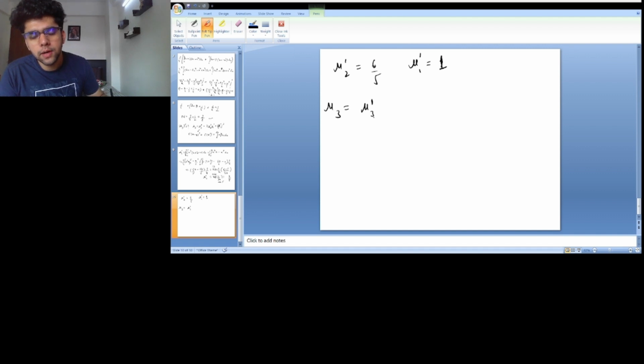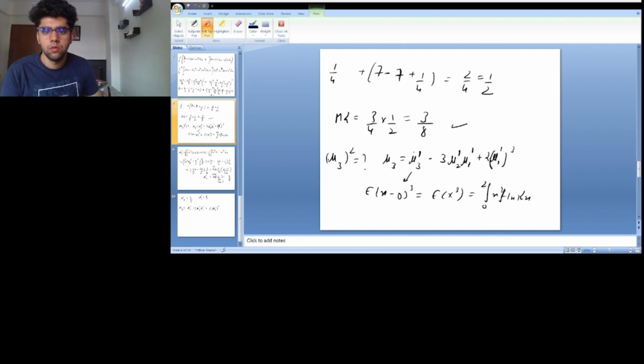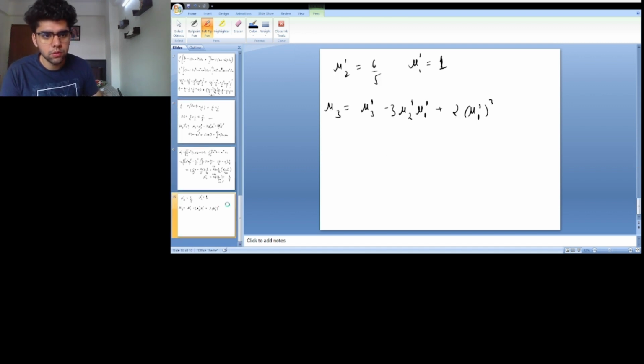The third moment with respect to the origin, minus 3 times the second moment with respect to the origin into the first moment with respect to the origin, plus 2 times the cube of the first moment with respect to the origin. So this will give me,